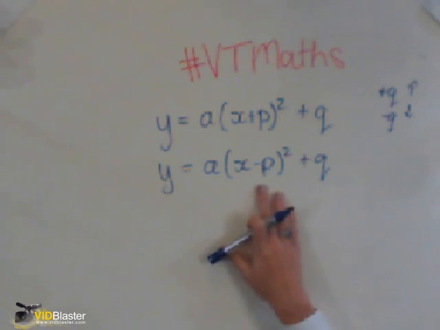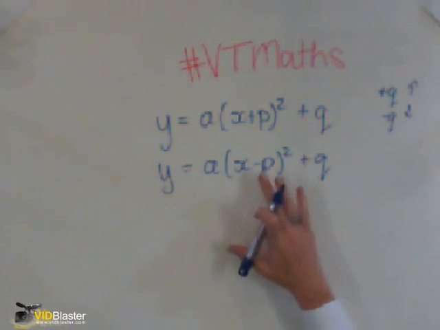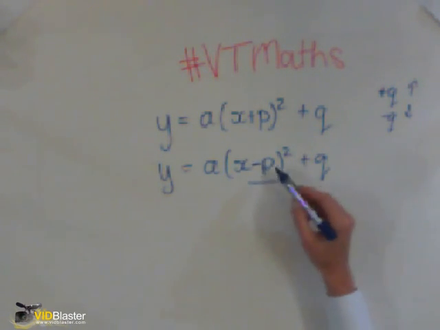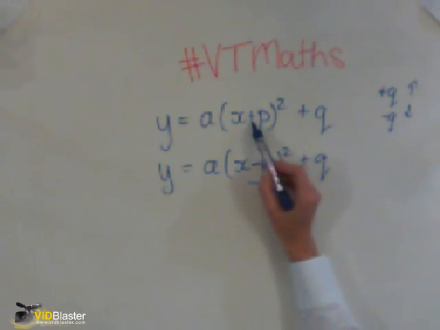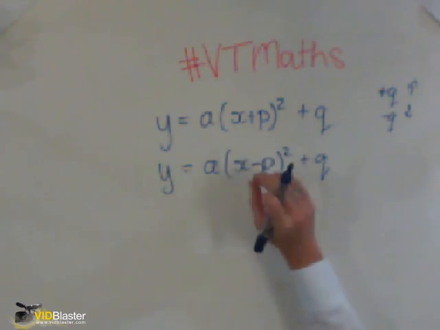But with p, it's the opposite to what you think it is. So I think that back in the day, p was put as a negative to remind you that it was opposite. Now we have plus p, and I don't think it necessarily matters as long as you